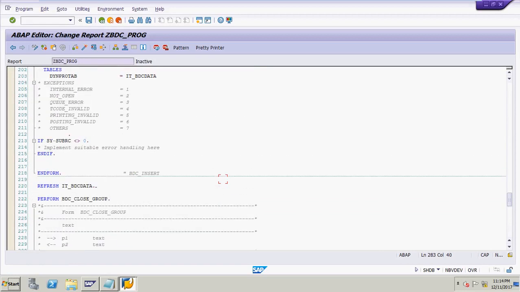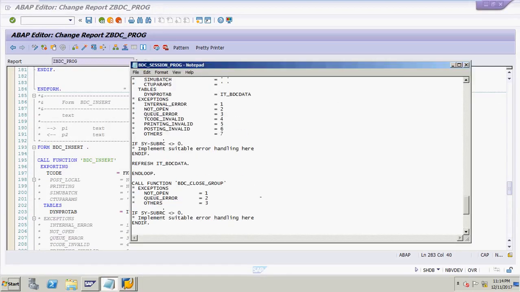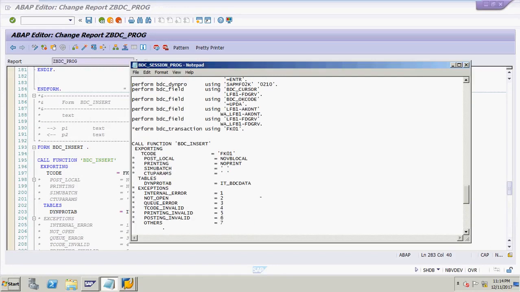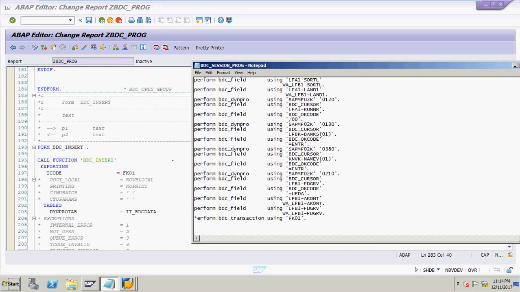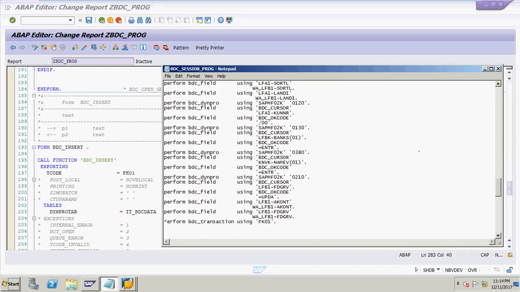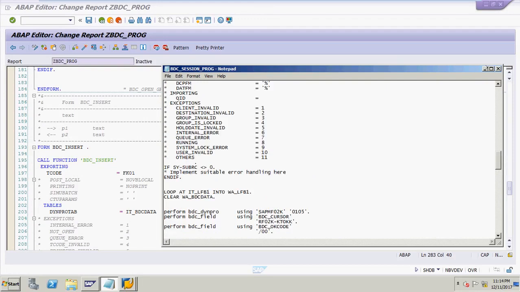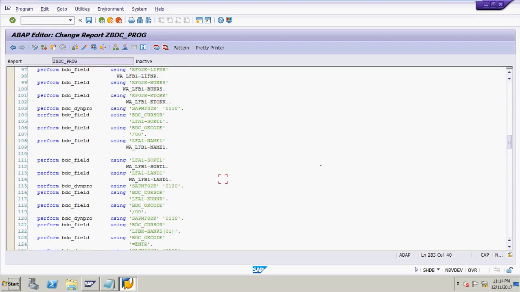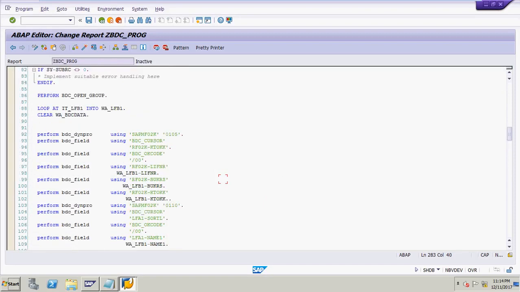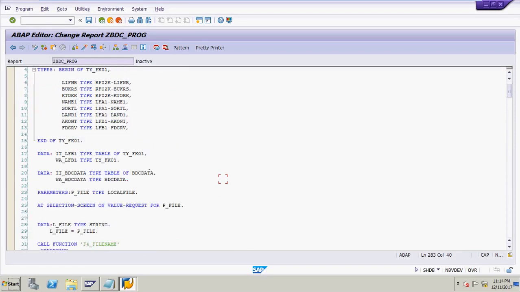After that refresh and BDC insert, BDC open group, loop at internal table, everything I have mentioned here, and GUI upload and everything.